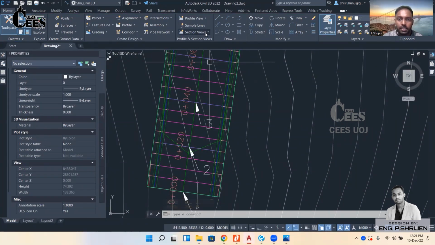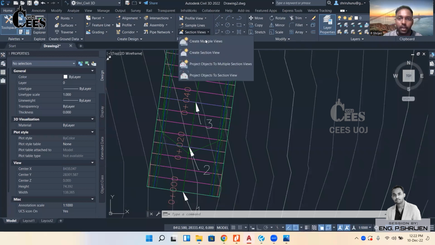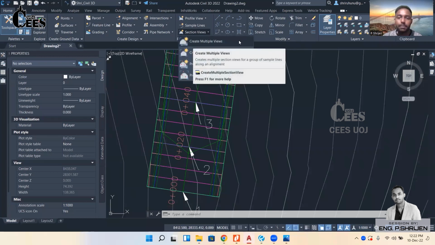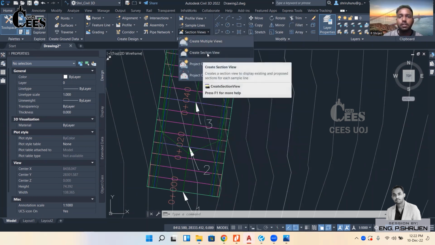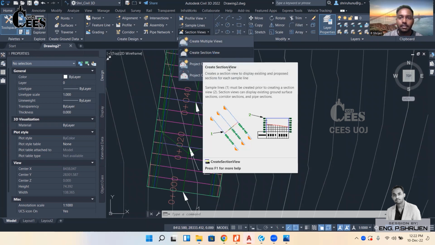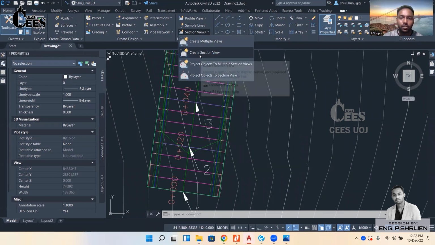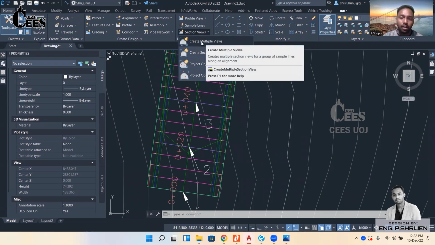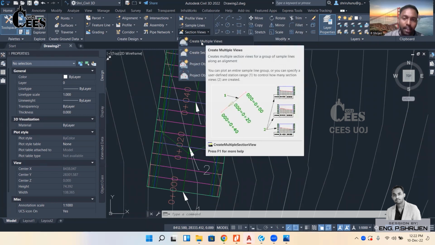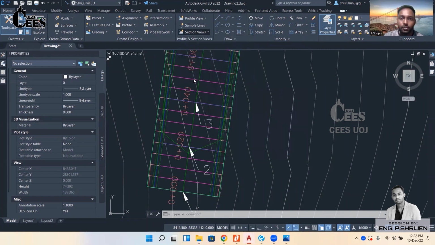go to the sectional view and create multiple views. By using this create multiple views, at a time we can create more cross sections. But if you need only one section, create a section view. By using this section view, you can create only one section view. But I need every cross section. So therefore, click this create multiple views,